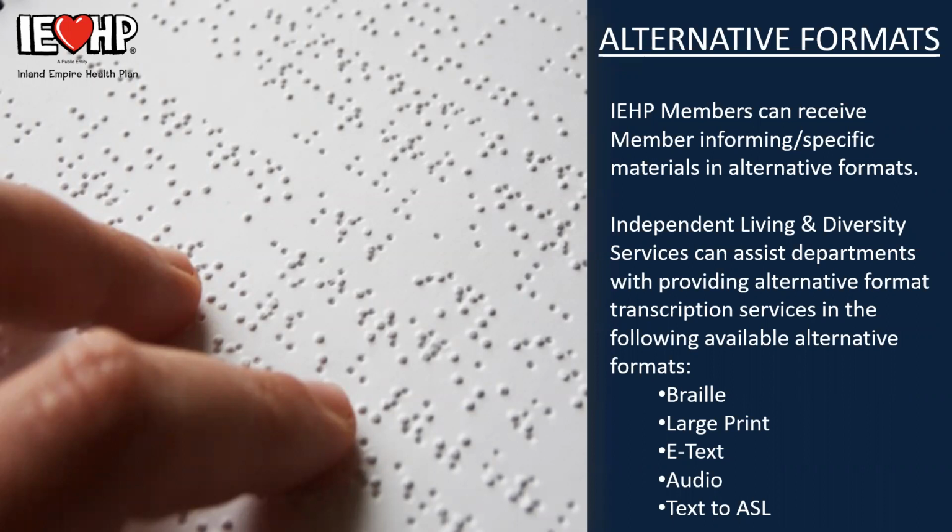in a different way. Particularly here at IEHP, we do have contracts that focus on providing individuals with access to letters that they may receive that are very crucial to their information. We call it member informing materials that inform them about their benefits or their plan of care, to be provided in Braille if a person requires it in Braille, in large print, in e-text, meaning electronic text, and there's several versions of electronic text that can be provided in audio, and an emerging space that is not very popular, but